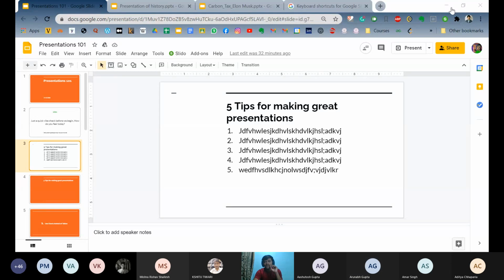Also, yesterday I told you that MS PowerPoint has more advanced features than Google Slides. There are many. For example, in PowerPoint, there is an option to design your photos in a pattern. If you have 4 photos, then by choosing an arrangement, the pictures will get into that arrangement.